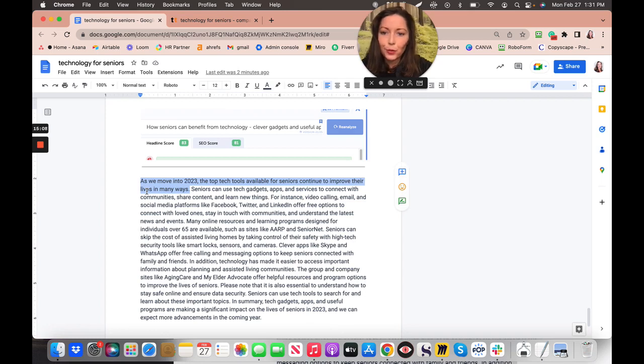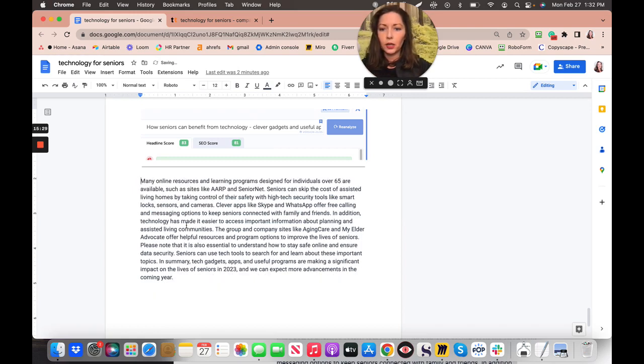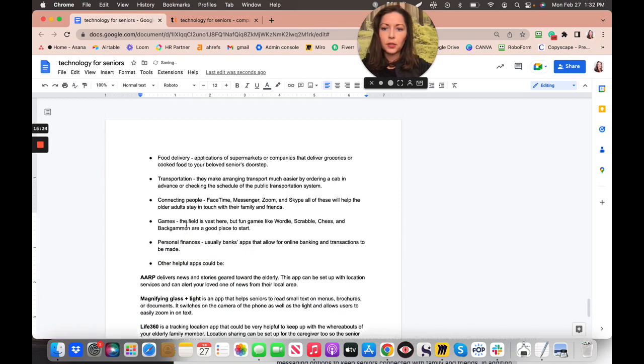As we move through 2023, the top tech tools available for seniors continue to improve. Okay. So that's like a thesis statement. We might be able to fit that in. Let's see. See, this is such a thesis. This part is a thesis statement. So I'm going to cut that. I'm going to see if we can fit it in toward the top, because